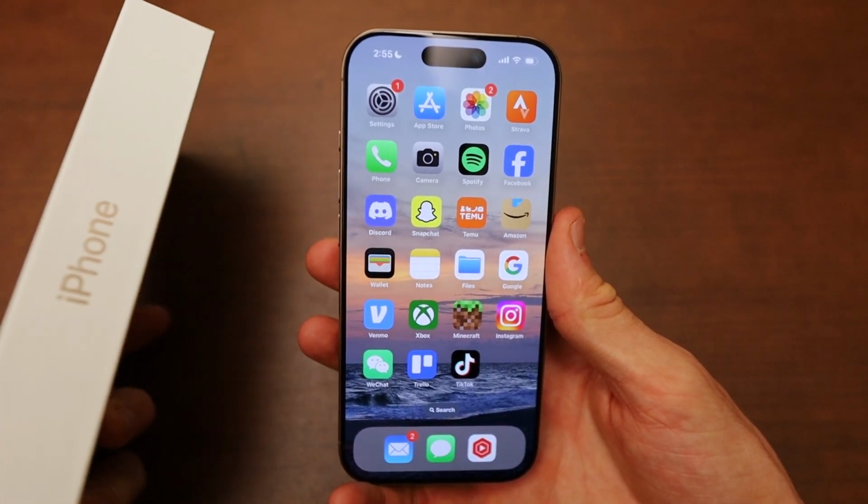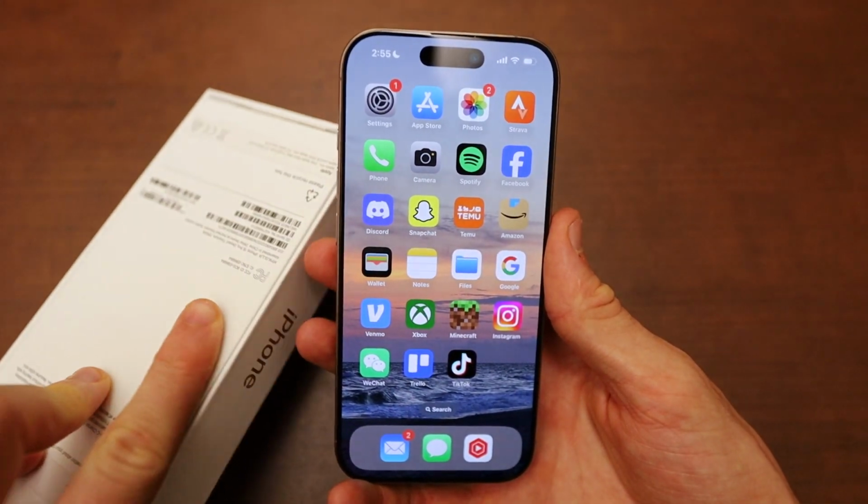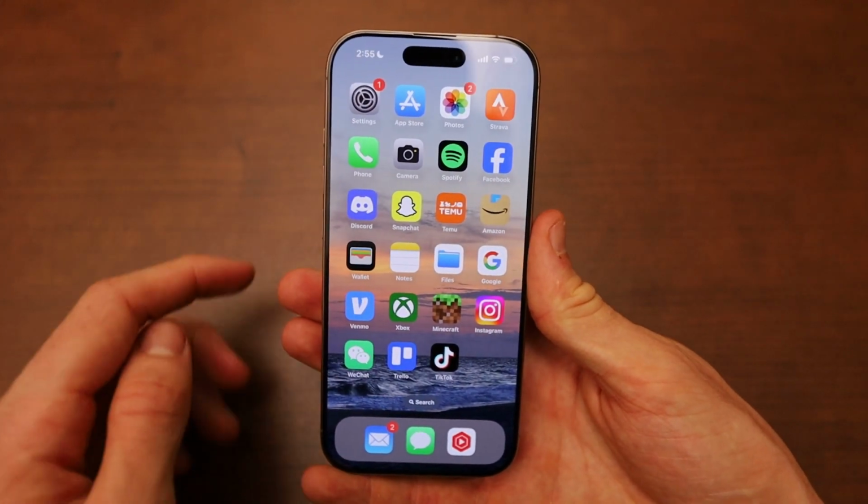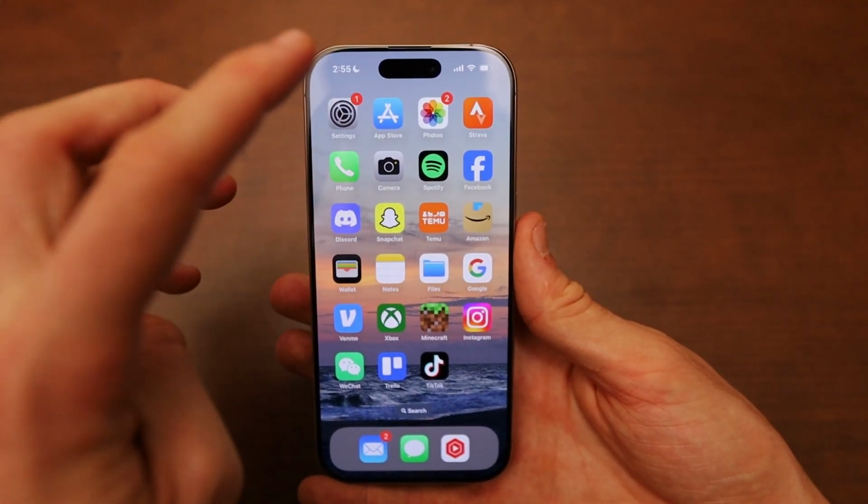In this video I'm going to be showing you how to set a ringtone or even a custom ringtone on the new iPhone 16, which we have right here. It's really easy to do. So without further ado, all you want to do is first access settings on your phone